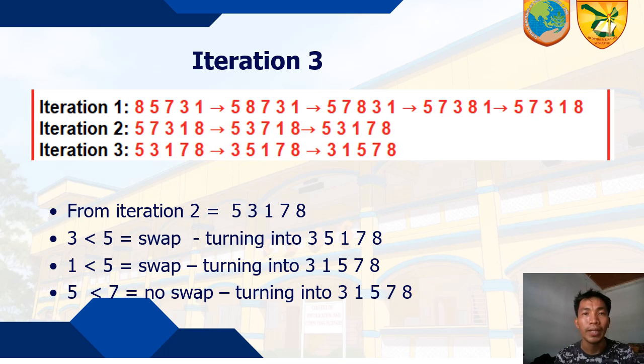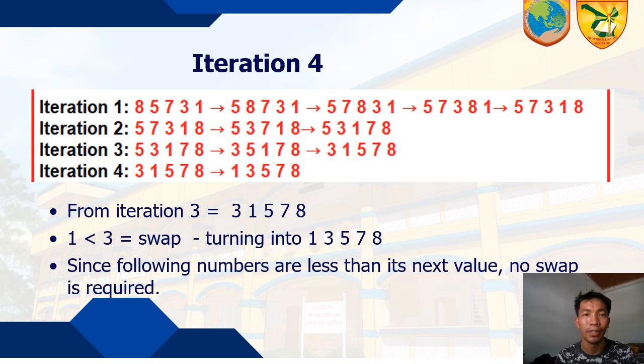Now, that was the last iteration, because we see in the list from iteration 3 the order 3, 1, 5, 7, and 8. You would consider moving into the next iteration because there are elements in the list that are not yet in place in terms of its ordered list.